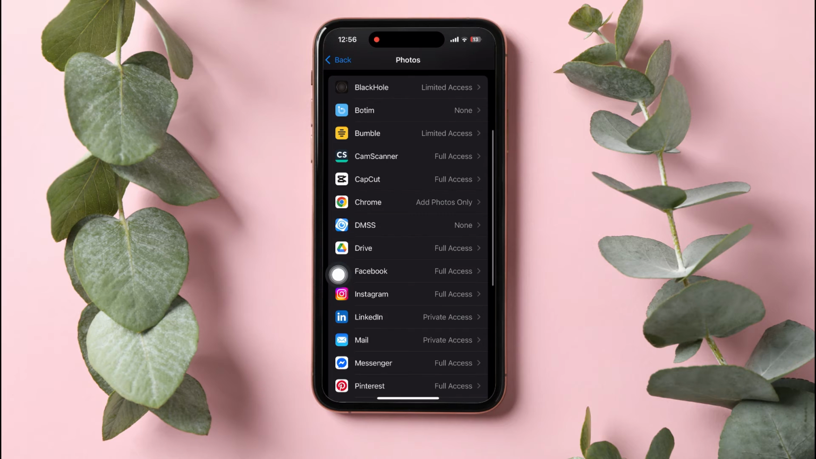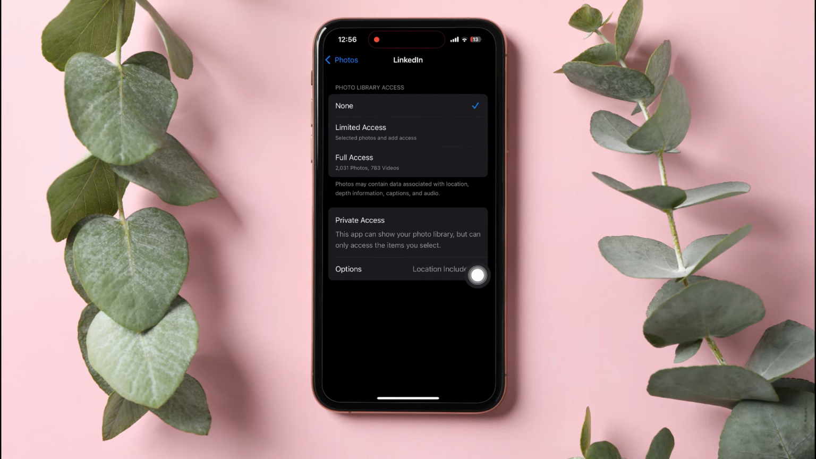Photos may contain data associated with location, depth information, captions and audio. Over here you can view all the apps and whether they have access to photos or not. Tap on the app that has private access from here. For example, LinkedIn. This means that this app can show your photo library, but can only access the items you